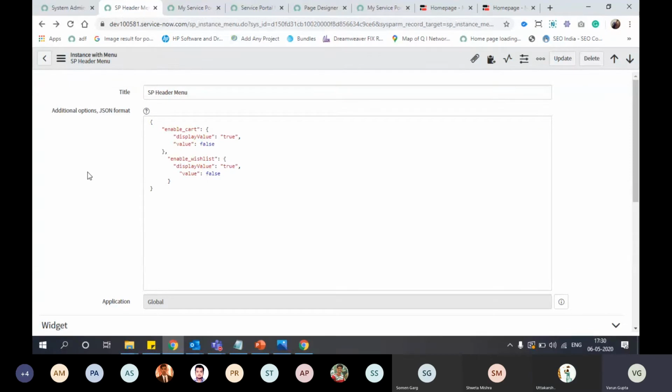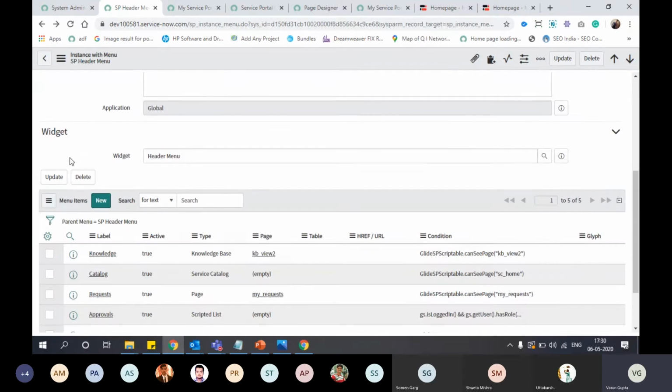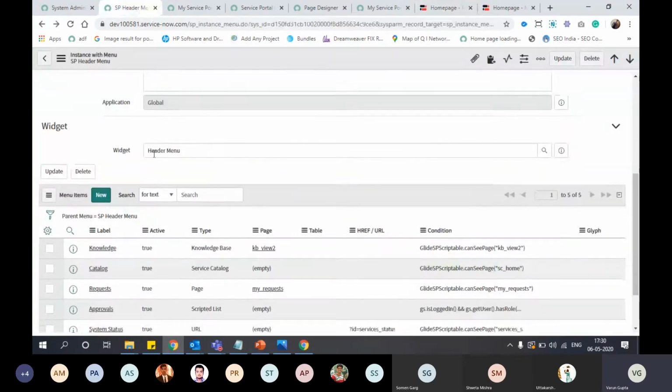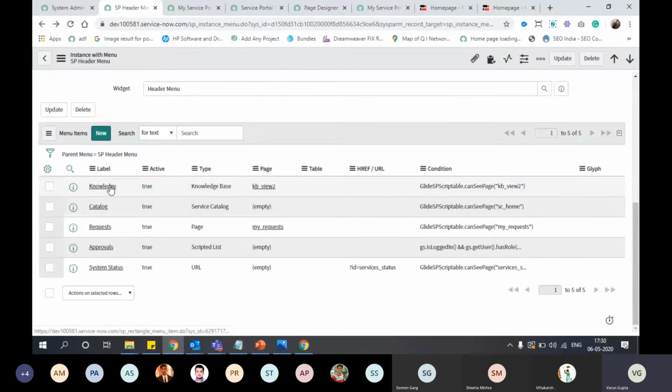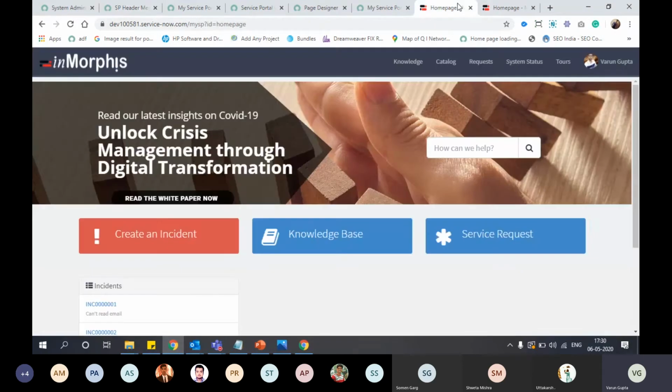It is best practice not to change anything in out of the box functionalities. You can clone it. If you want to change some menu items or add new menu items, you can add them here. Yeah, got it.